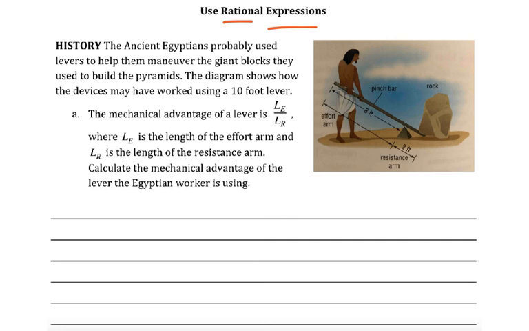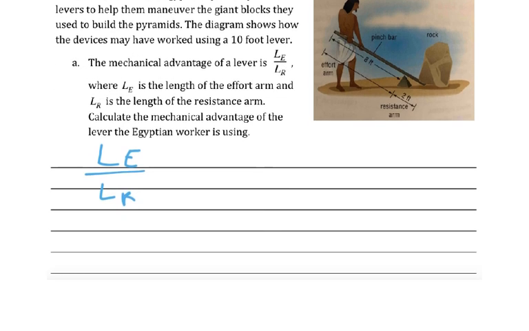So I'm still thinking about those excluded values, and as a student maybe you're like, well, that's weird, we were just doing that problem. Is this the same type of deal? So we write LE over LR, and those are subscript E's and R's. And then I look at this problem, and I'm like, well, do I know the values for each of these? Well, LE is the